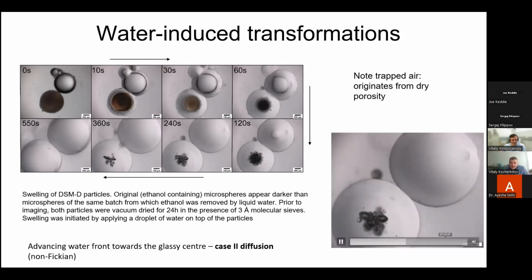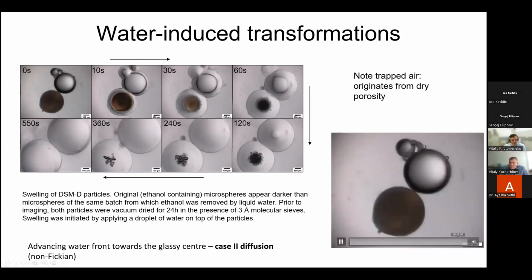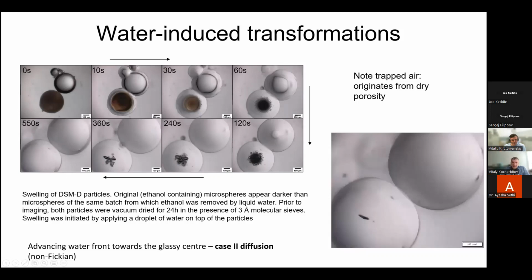In any case, the end state for both particles is the same: transparent, and then the air disappears in the water, probably by slow diffusion through the water. And the difference in colors here, as you can see in the center, we believe also comes from the presence of porosity, because if porosity exists on the nano level, it should scatter the light, maybe make it a bit colored,